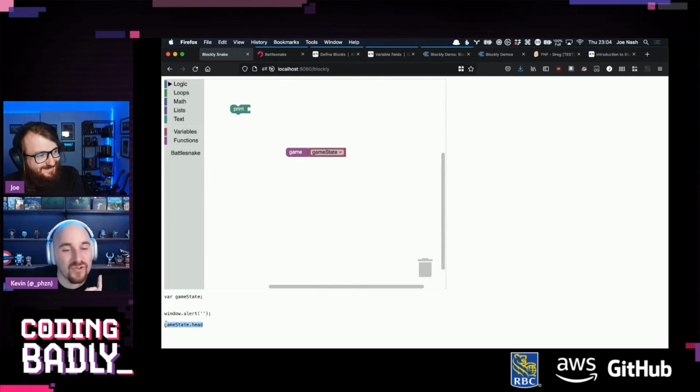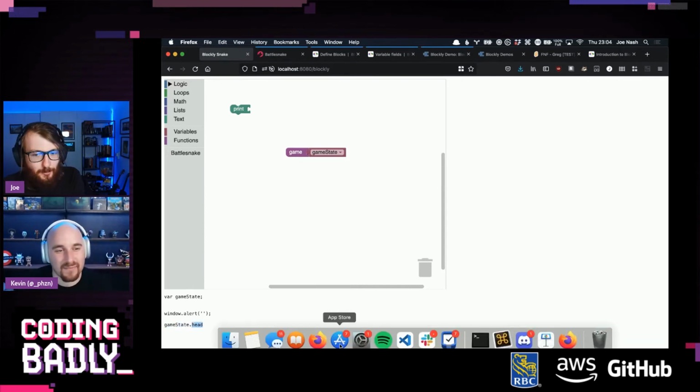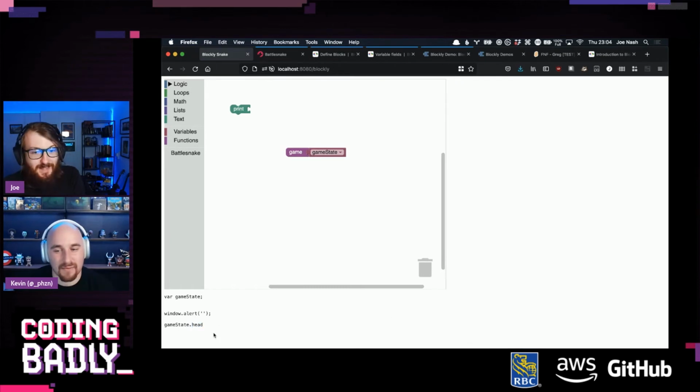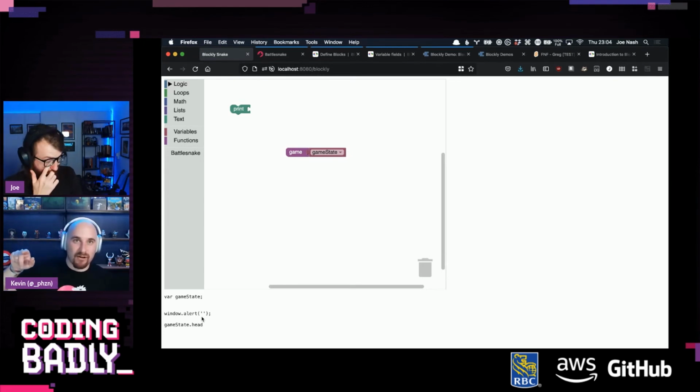I am not 100% confident this is doing what we expect it to do, but I now understand what we believe it does. Well, that's not doing anything because it won't be .head. It'll be .board, .whatever, .head. You're writing code that writes blocks that writes code. Yes, correct. We used the block factory to make a block with a block to write code for our code.